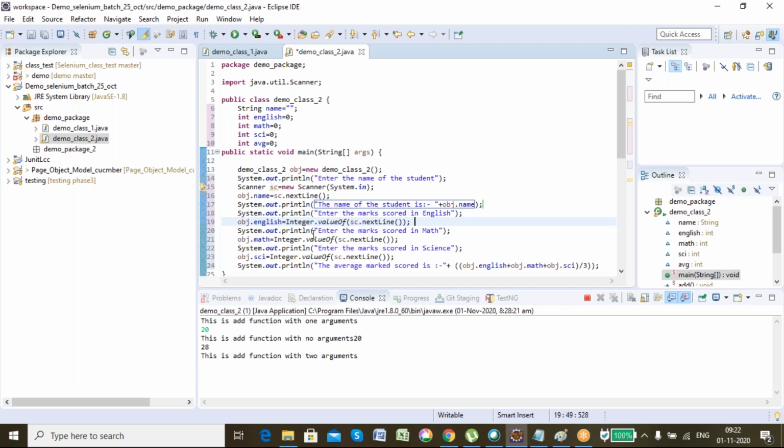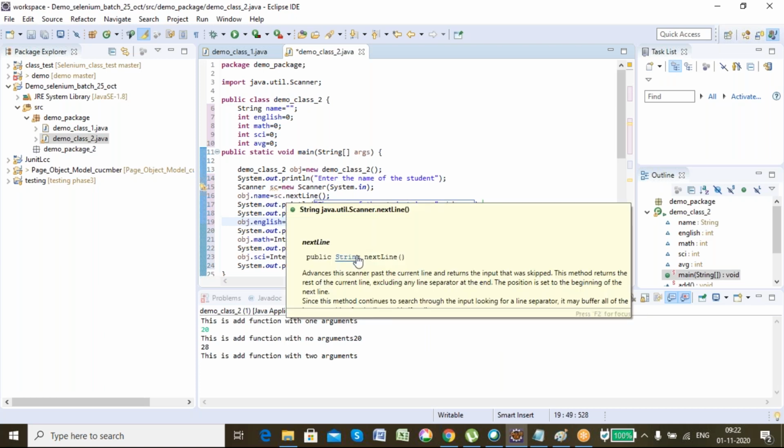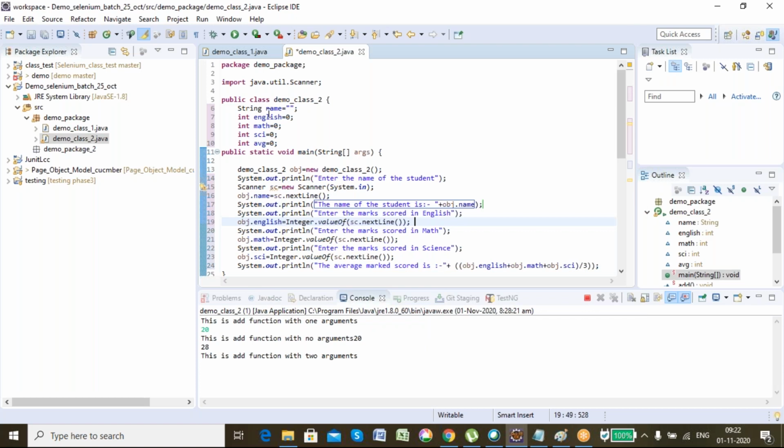That's why I am able to store that value in obj.english, because obj.english is of type integer. Here nextLine returns a string, so I am able to store it inside the string name, because name is of type String. To store it as an integer, here it is returning the integer.